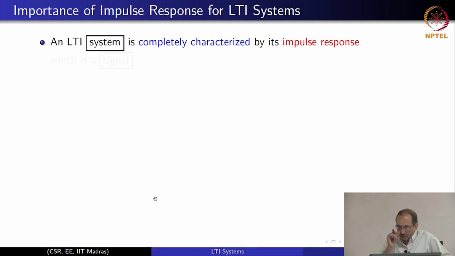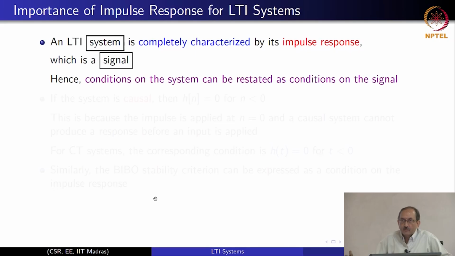Now let us focus on the LTI system and impulse response. So an LTI system is completely characterized by its impulse response. If you know the impulse response of an LTI system, you know everything about the LTI system. And the impulse response is actually a signal, all right, whereas the system is a system, and everything is captured by a signal, and that signal is special, it is the impulse response. And conditions on the system can be restated as conditions on the signal. We will see examples of